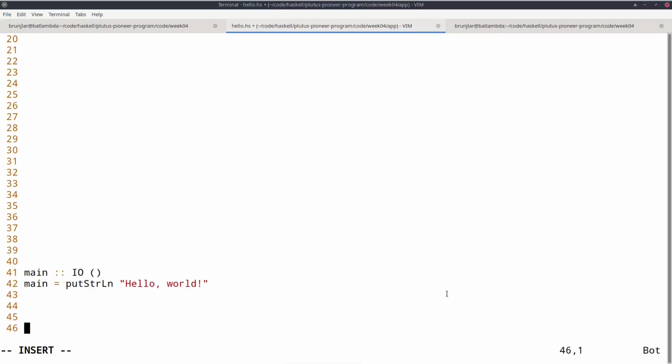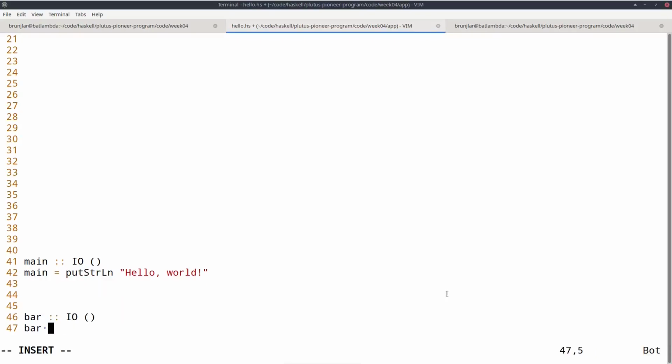So let's call that, I don't know, bar. So it will have type IO unit. So what do I do? I do a getLine to read the first string and I bind it to a function, and now I will use a lambda expression.